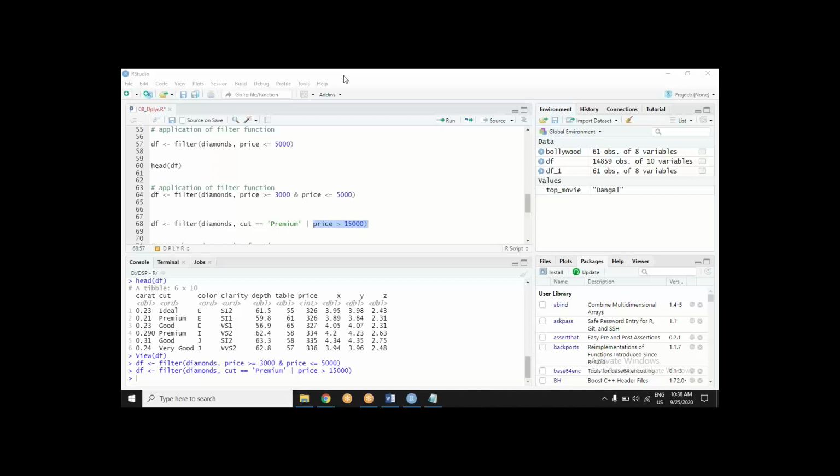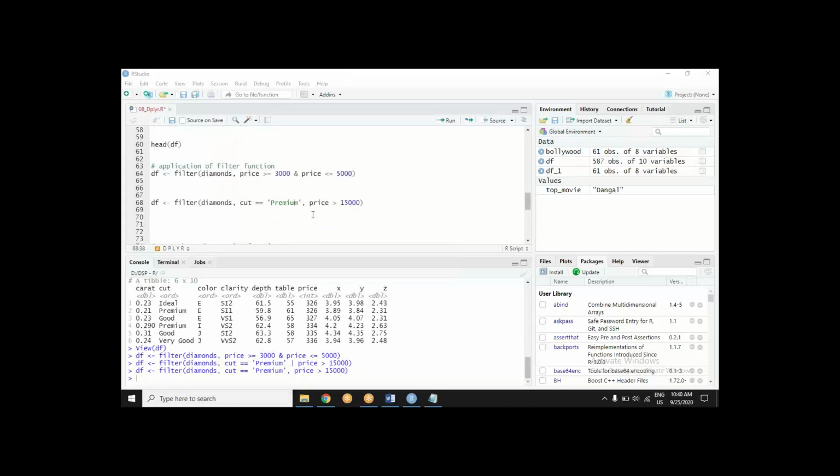Acha, you have put a comma between conditions. Okay, I'll show you. Check this out, guys. If I mention conditions like this, on the diamond dataset condition one, and I don't mention the operator, and by default I write my second condition, it will take it as and. So the whole query has gone for a toss.